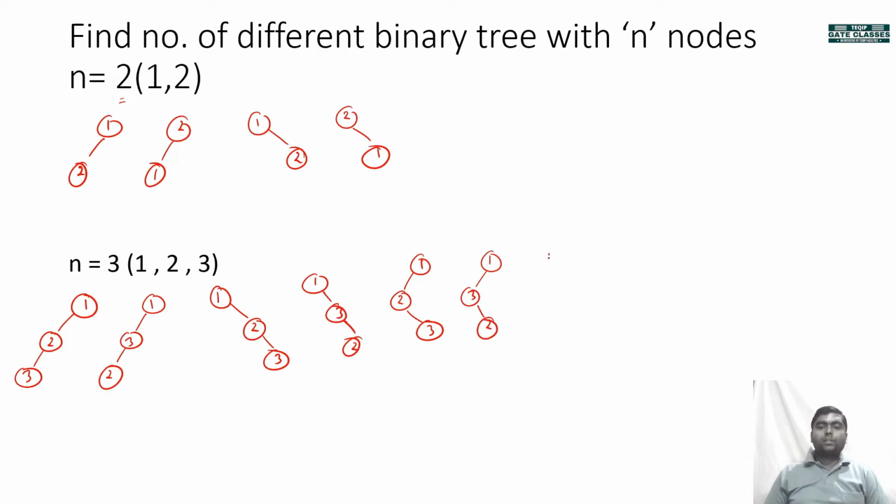Okay, after that what are the other possibilities? 1 over here, then 2, then 3, then 1, then 3, then it is 2. So 1, 2, 3, 4, 5, 6, 7, 8, and some other possibilities are like 1, 2, and 3. This is also possible. And 1, 3, and 2. This is also possible. Okay. So overall 10. For 1 as root 10.